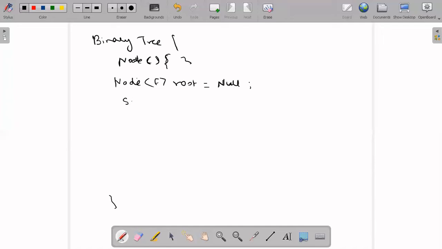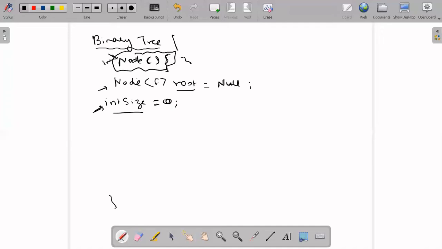I need to know the size. It should be a variable, and in the beginning it should have size 0, right? So what are the variables for this binary tree? I have two member variables, root and int size, and one structure that is called the node structure, which is called an inner class.